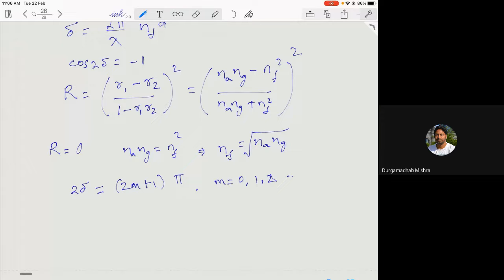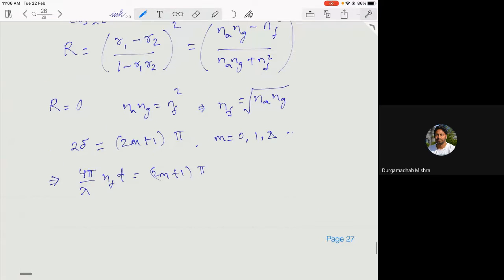So this is an odd multiple of pi. And so, if you now want to calculate the optimum thickness, replacing delta by the path difference, this will be equal to (2m plus 1) pi,